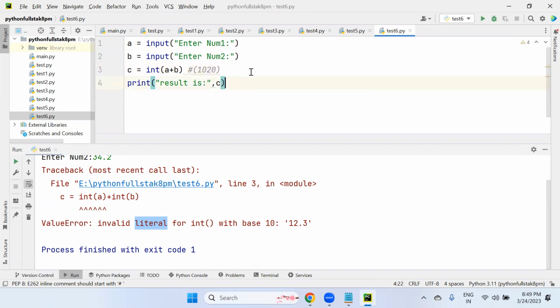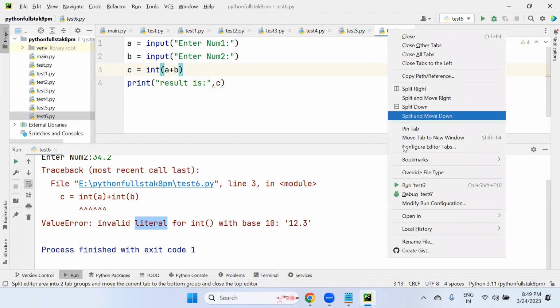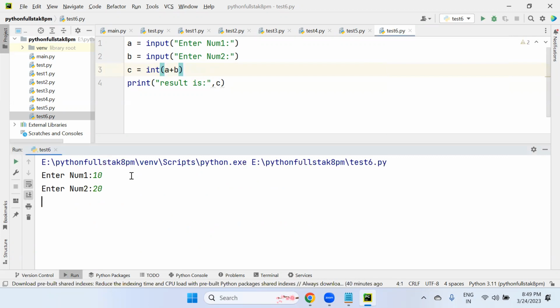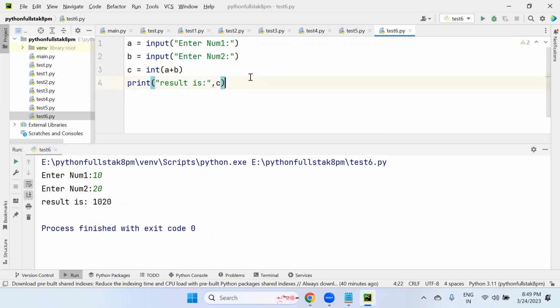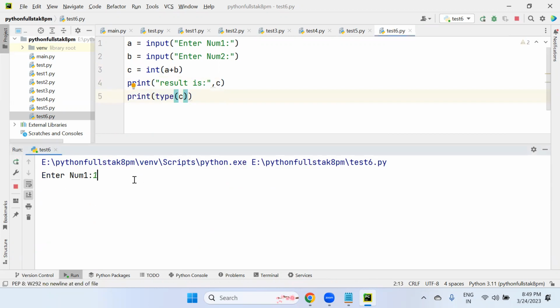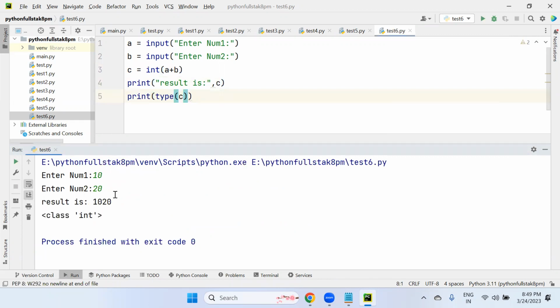Look at this. I'll show you why. Just observe here. 10 is there, 20 is there, 10, 20 only. You will see what the type of C is. Look at this. Again, I'm taking 10, 20 once. After 10, 20, you are changing. That's integer only, correct? But the values are already added.